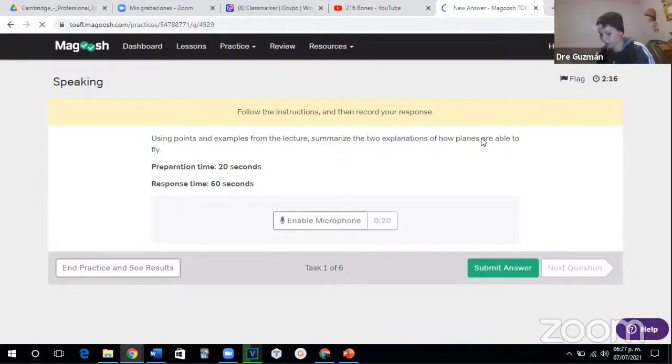Another thing that really helps in these types of questions is being familiar with reporting verbs. So, verbs like the professor said, claims that, mentions that, describes, everything that is someone reporting. So, it's good to have a list of those as well. And always cite a lecture: now, the lecture mentions that, or the professor states that. All those verbs help quite a lot.